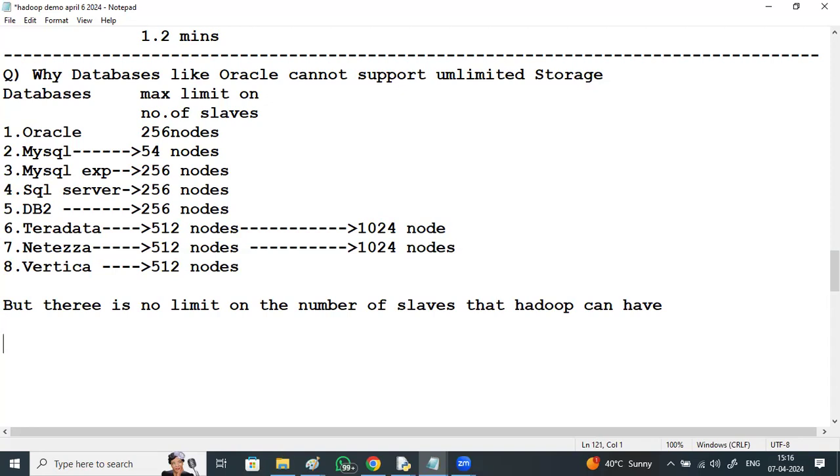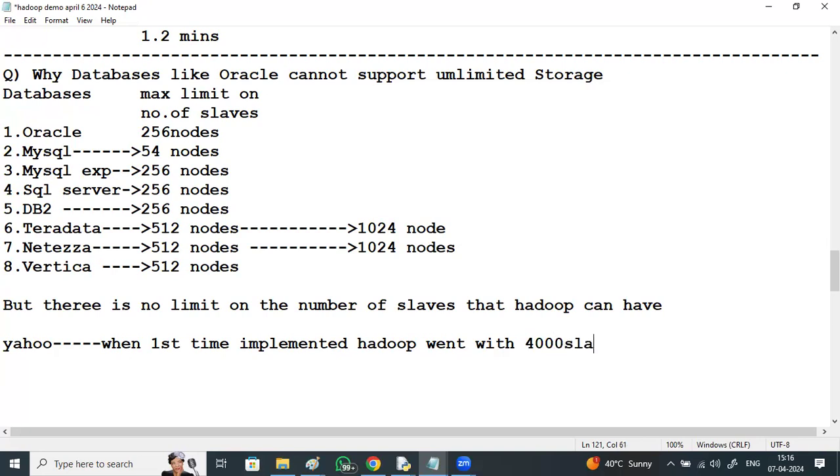When Yahoo first implemented Hadoop, it went with 4,000 slaves.